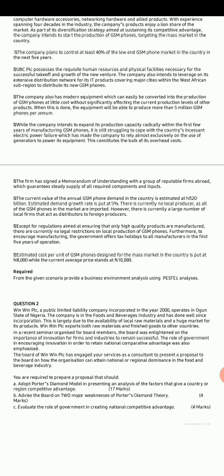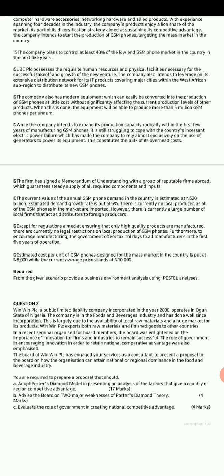So in the legal aspect, you can see that the only law that is affecting this company is that they should probably produce high quality products. That's the only law in the country that is aimed at this particular business. Furthermore, to encourage manufacturing, the government offers tax holidays to all manufacturers in the first 5 years of operation. Okay, this is also an incentive given by the government to every manufacturer, which can fall under the economic aspect